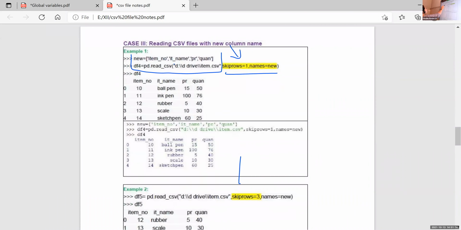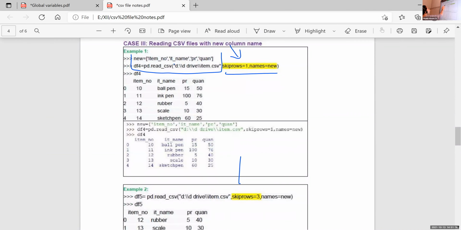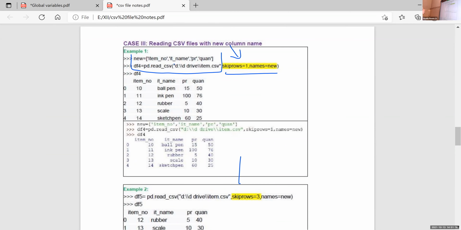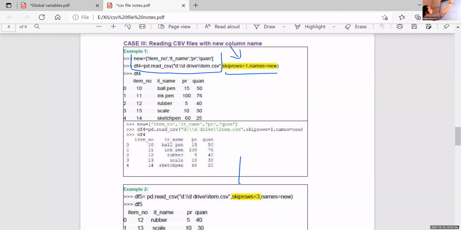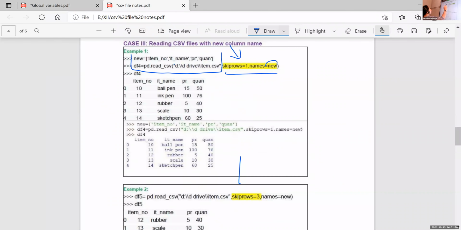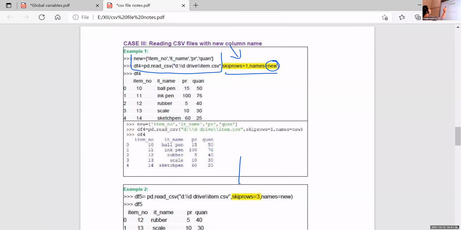Here, new is item number, item name, PR, and quantity. So names is replaced with new, meaning the content of new: item number, item name, PR, and quantity.